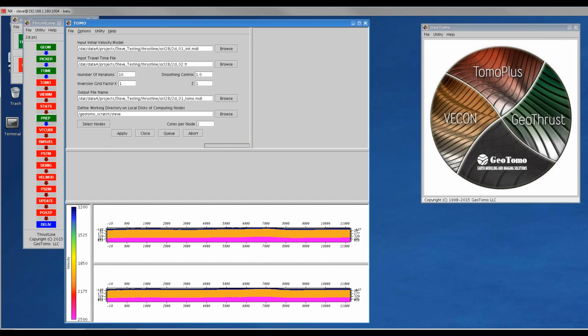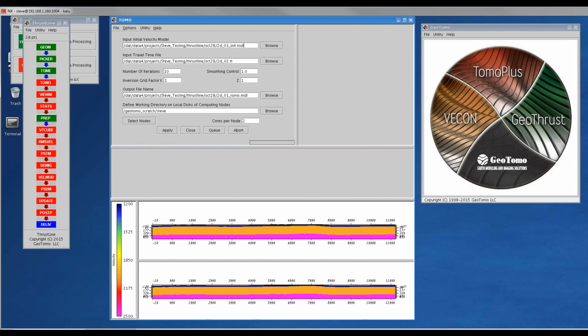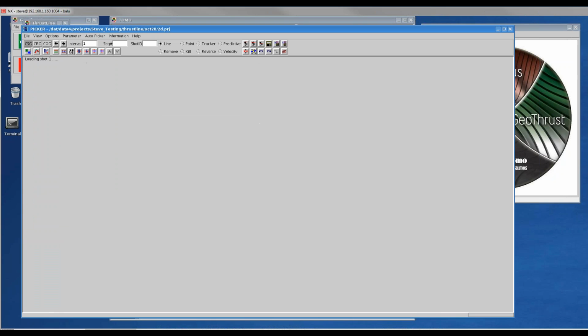Go into the tomo module, and it's filled in the defaults for me: the initial model I had, and the travel time file with my first break picks. Let's say run 10 iterations, smoothing control 1, inversion grid factor 1 and 1. These inversion grid factors are actually multipliers of the original cell size that will be used when doing the velocity updating. In my case, I had a 5 meter by 5 meter grid cell in the initial model that I built. And if I take a look in Picker here,